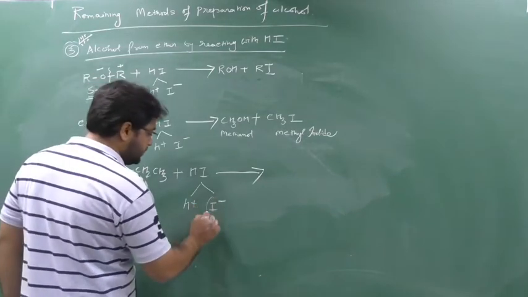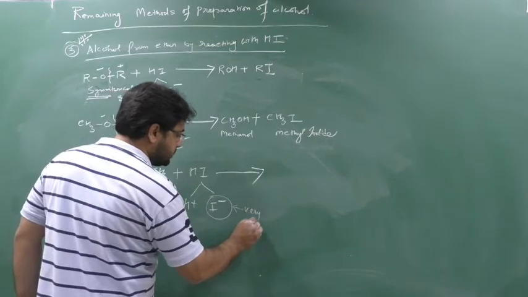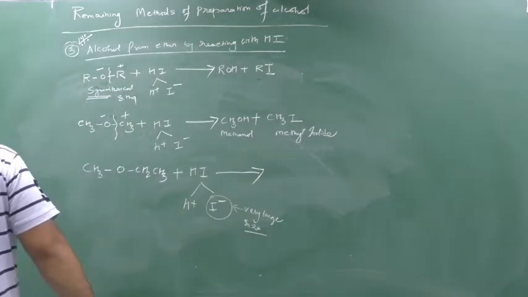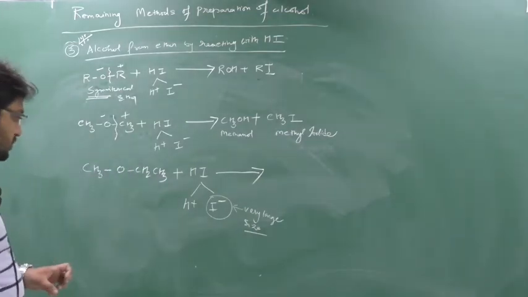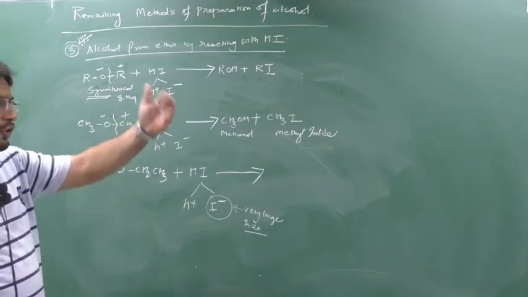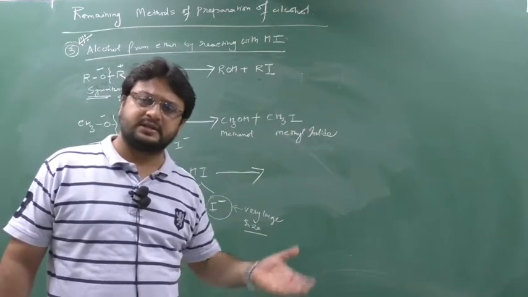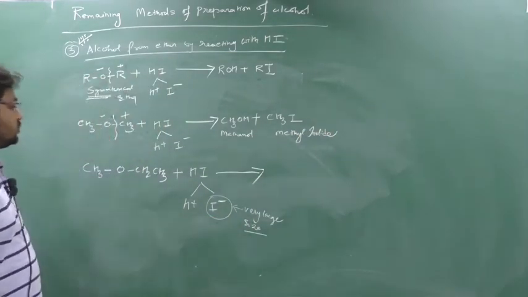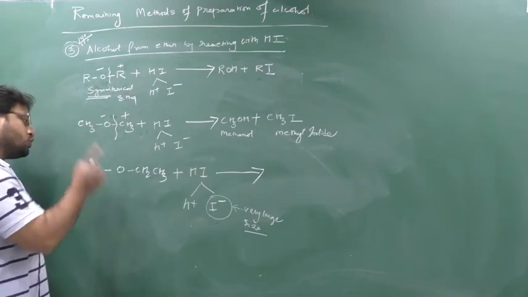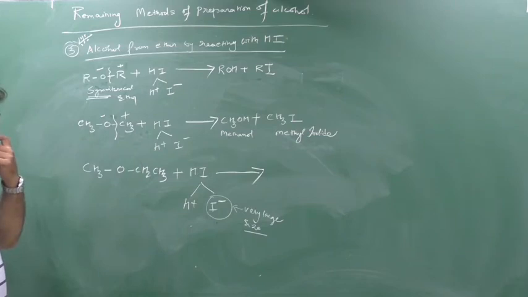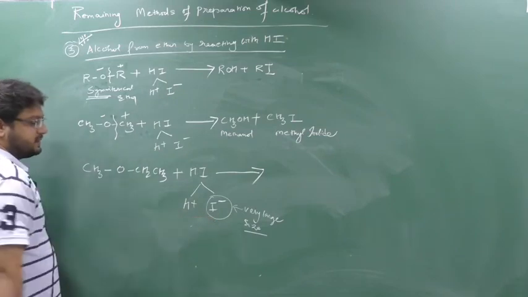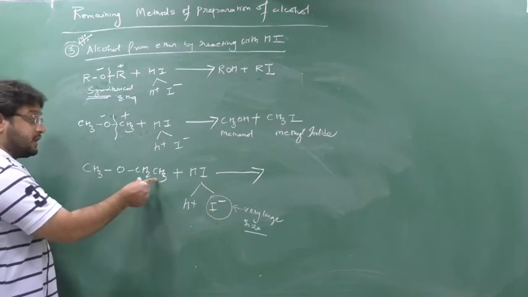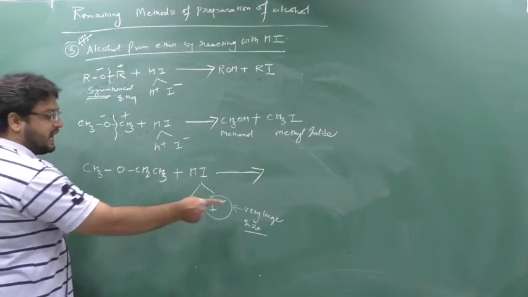See, this iodine is of very large size. Clear? So when iodine is a very large size, it will approach, this iodine is a large size, no? Fluorine, chlorine, bromine, iodine. So moving down the group, each shell increases. So the size of iodine is very large. Yes or no? So this iodine will approach those carbon chains which contain less number of carbon. Why? If this I minus approaches the chain which contains more number of carbon, what will happen? This iodine is very large size.